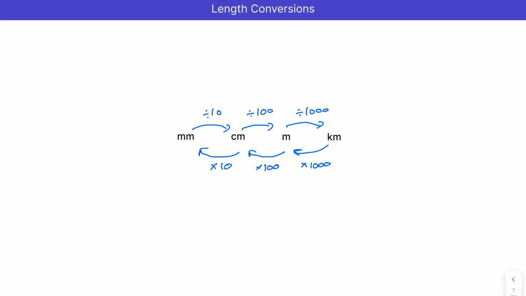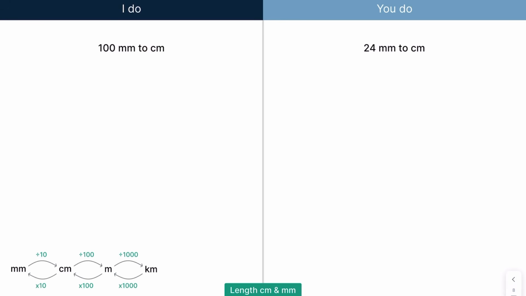And that is it. So like I said, you will need to memorize this. But I recommend as soon as you go in the exam hall, just write out mm, cm, m, and km. And then you just know you're going up by 10, 100, 1000, and then backwards in this way. So let's have a look at this question here then. We've been asked to convert 100 millimeters to centimeters. So firstly, you want to know, how do you go from millimeters to centimeters? Now, if I look down here, to go from millimeters to centimeters, so we're going this way, we're going to divide by 10. So the answer here is just going to be 100 divided by 10, which gives you 10